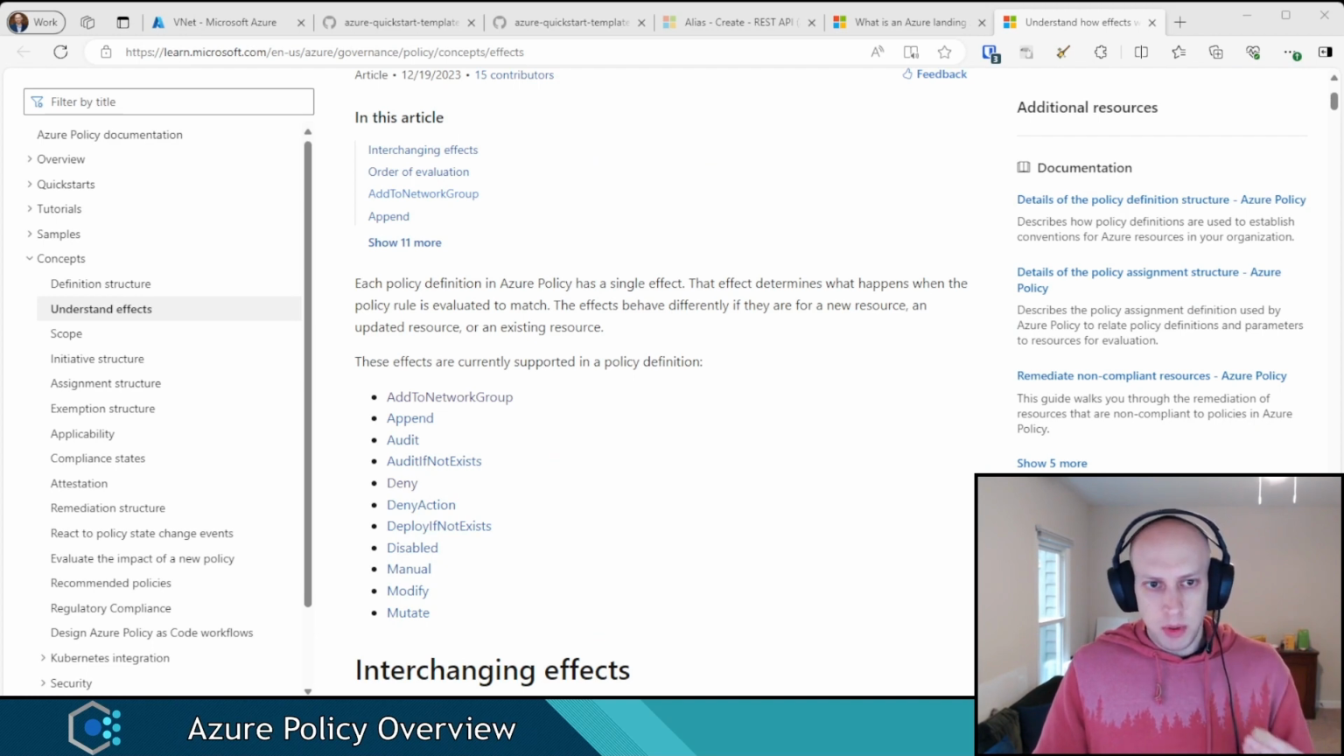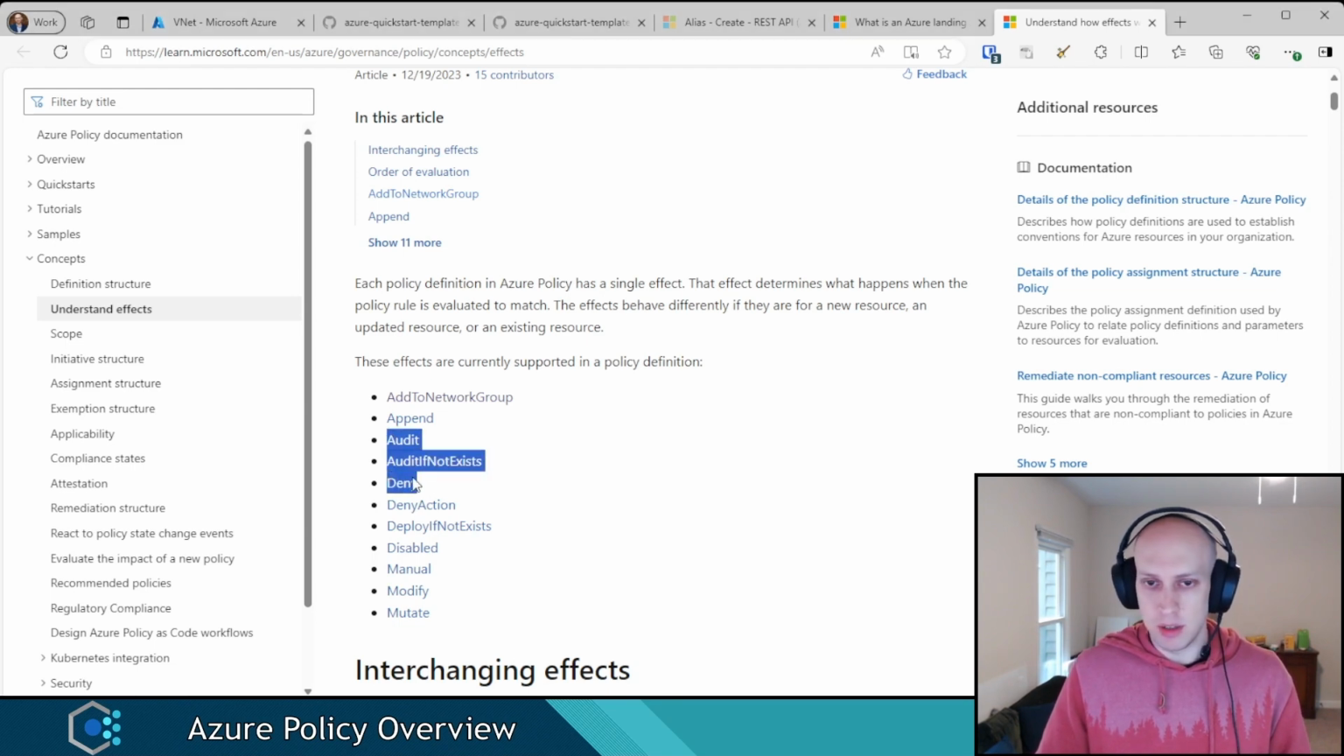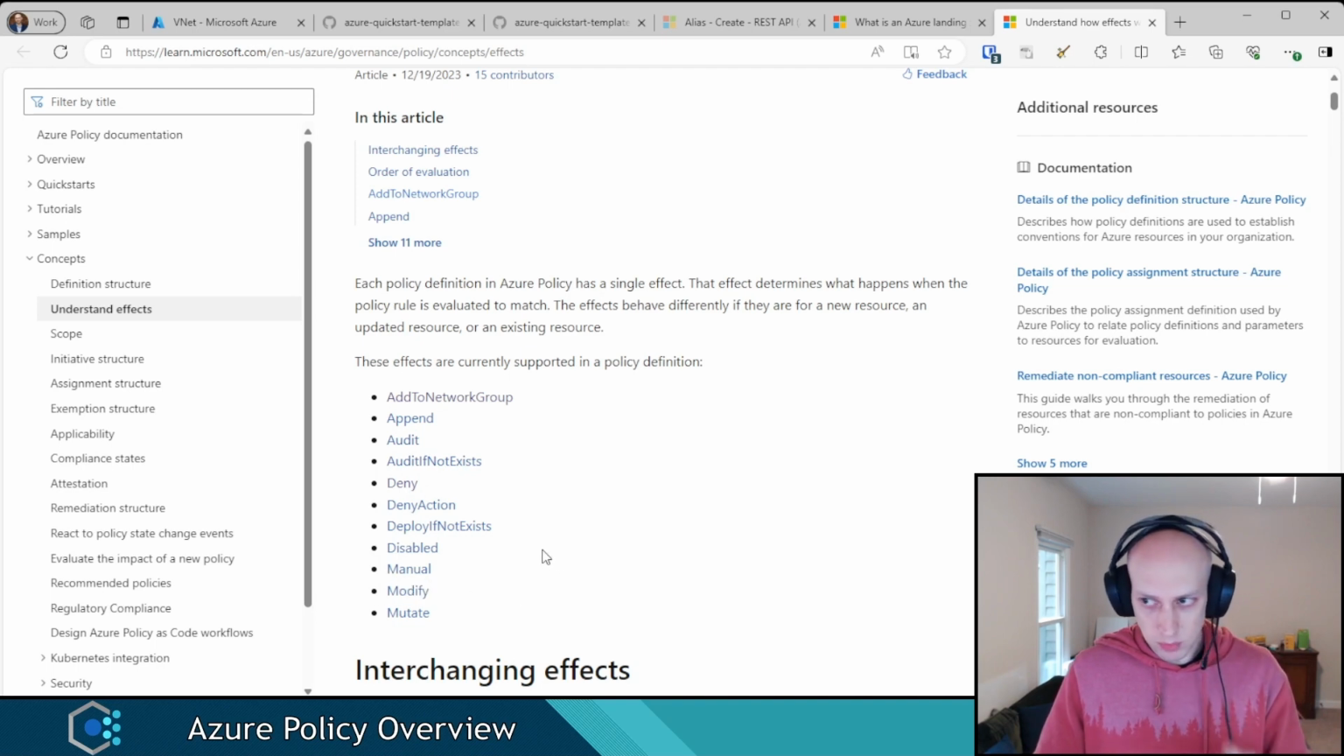So there's a couple of effects that I want to call out specifically that we'll use for example without getting into everything. Those are going to be audit if not exists, deny, and then modify. Start with deny because this is a good one to build off of. Policies that have a deny effect oftentimes can also, it's optional, you can either set the policy to deny or audit because they do the same thing. Deny policies will require a parameter is set as specified, and if not, it will block the resource from being